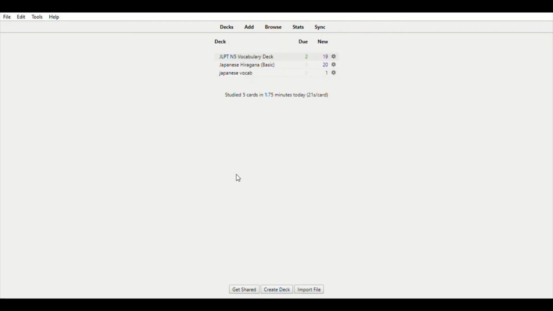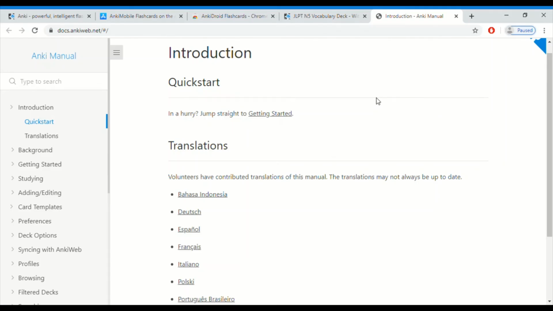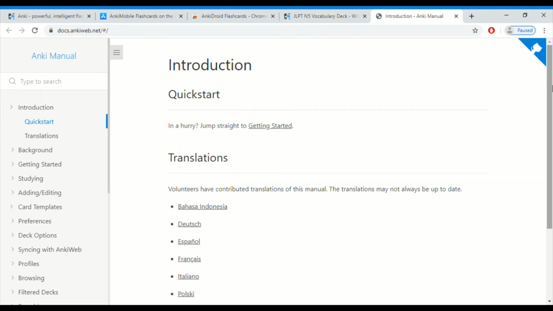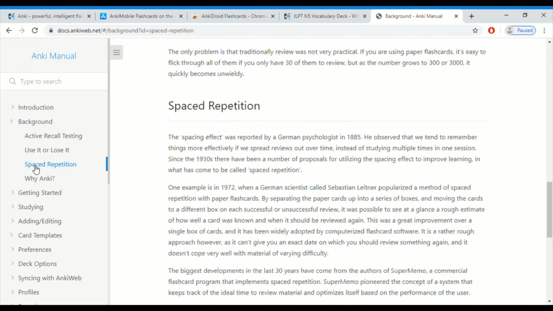You can also study the Anki manual. You can go to this help option, or you can press F1. There's a guide. You can click on it. By clicking on the help in the guide option in the Anki program, it redirects me to this page, and you can see Anki manual. There are lots of things that you can see here: quick start, background, getting started, spaced repetition,